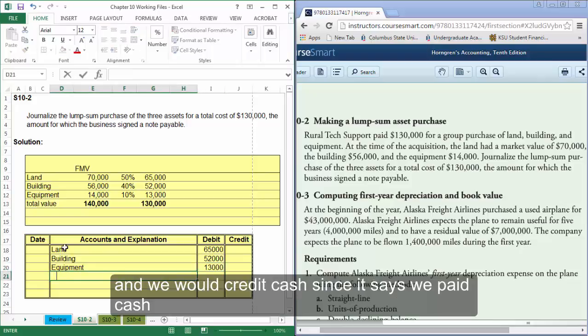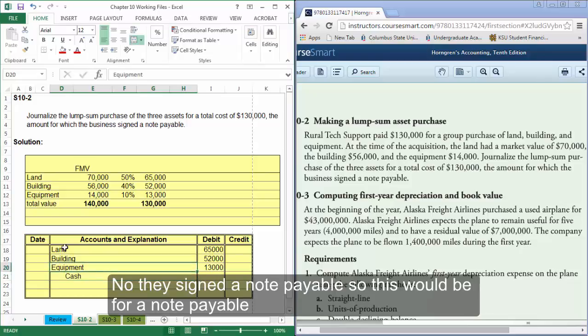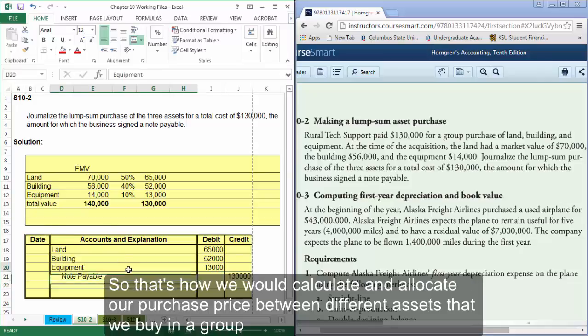And we would credit cash, since it says we paid cash, I believe. Yeah. Oh no, they signed a note payable. So then this would be for a note payable. Okay. So that's how we would calculate and allocate our purchase price between different assets that we buy in a group. All right. Now let's